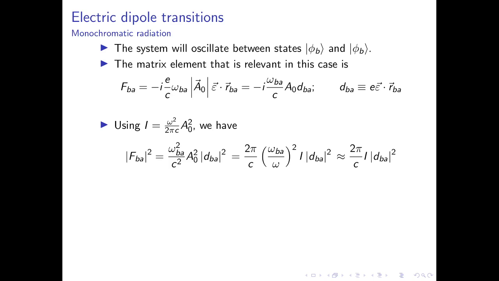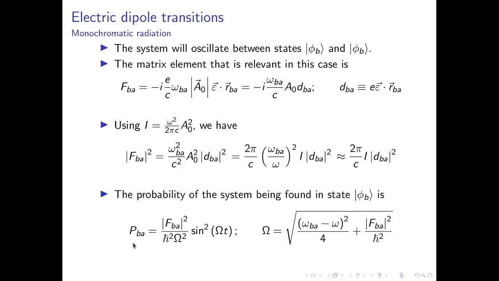Even if omega matched omega BA in such cases, transition would not have occurred. Now with a non-zero |FBA|², the essential thing here is that the magnitude of FBA depends essentially on the intensity. And why is the FBA magnitude important? Because if you recall the results of this exact solution that we had derived earlier, what we know is that